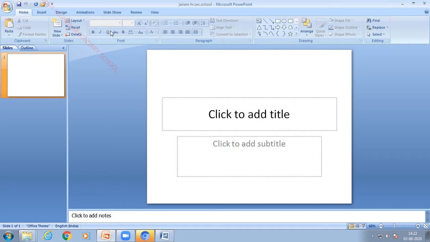Okay, next after the middle pane we have a status bar. At the bottom of the screen we have a status bar. Already you might have seen it in MS Excel itself. So here also we have a status bar.